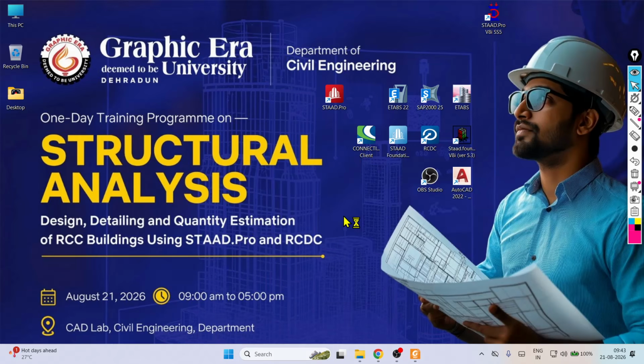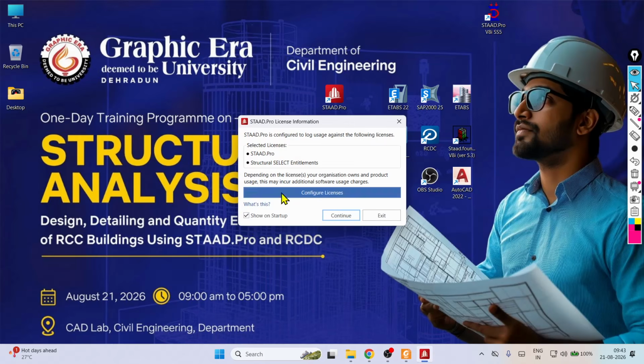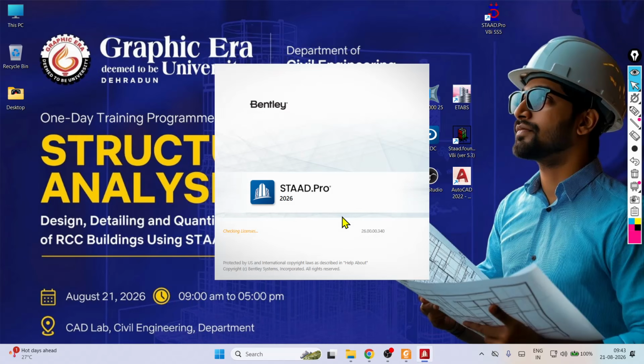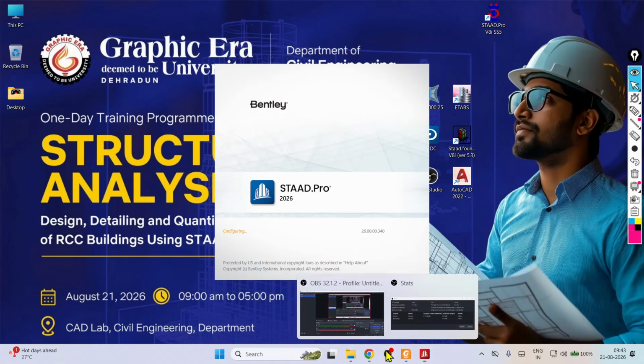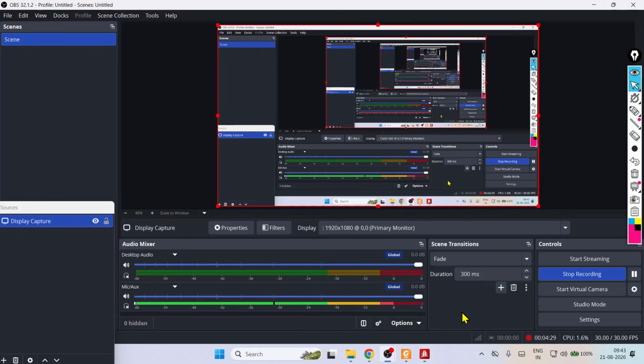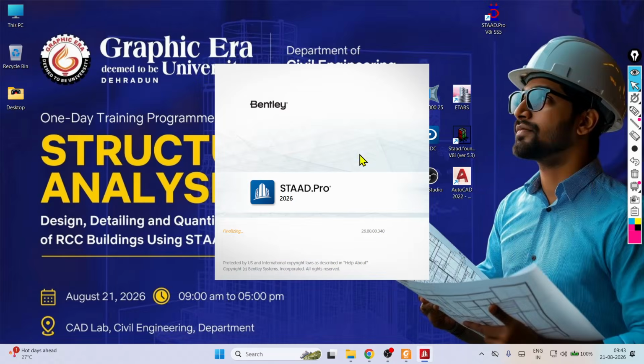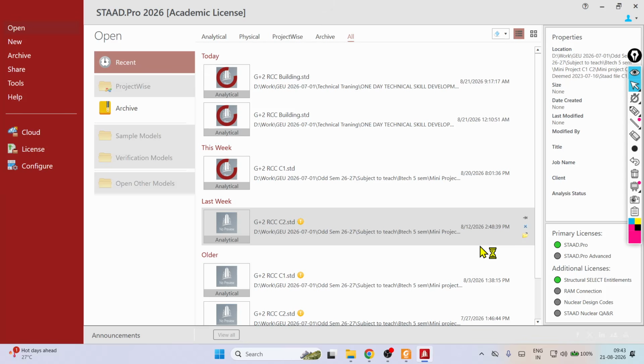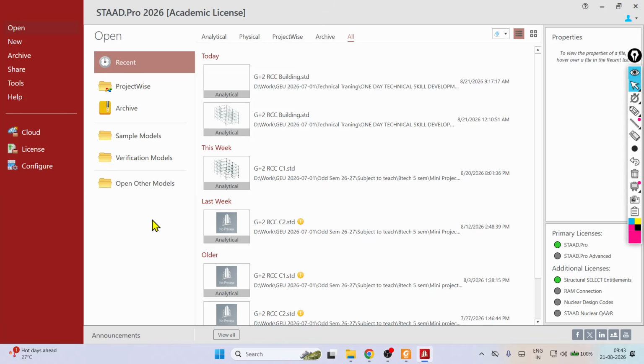It would open. It may take time because it is trying to connect through the server. Just simply continue. Just wait for some time. Let me check that the recording is going, otherwise you will face problems later. I will go a little not fast. I will go like that. Whatever is required, I will discuss. The other part, I will keep for you to understand by yourself. So now,